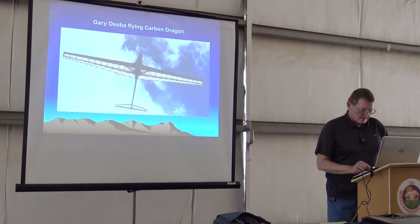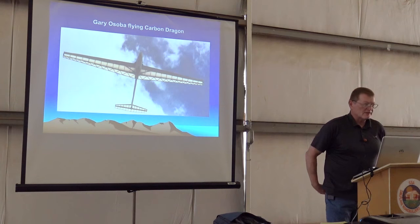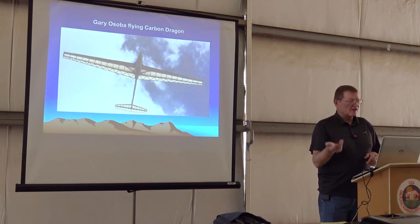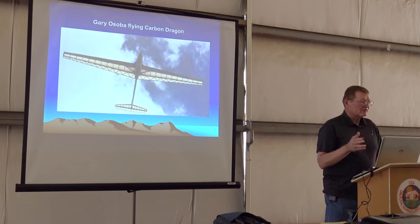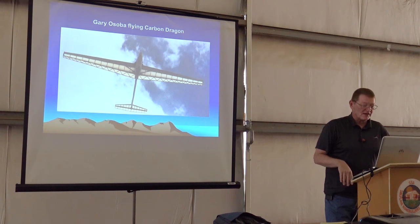Okay. Gary Osaba bought the prototype and did some really fantastic flying, writing, and presentations. He came here many times. I always liked this shot. This shot was taken by his ground crew, Wink Peck, down on the ground, and you can see he's pretty low there. He made a save from about 40 feet off the ground, and then climbed multi-thousands of feet back in